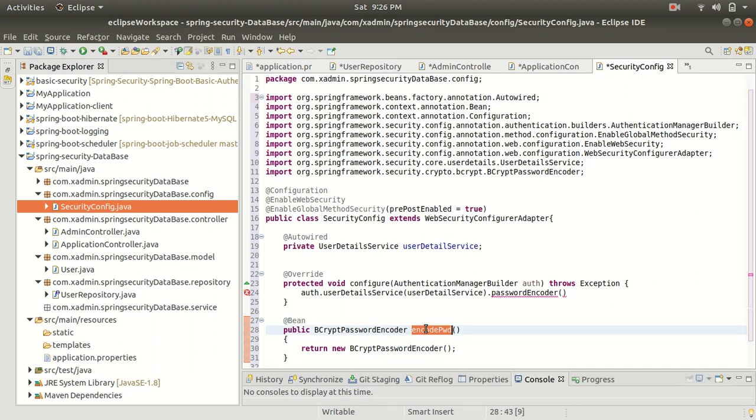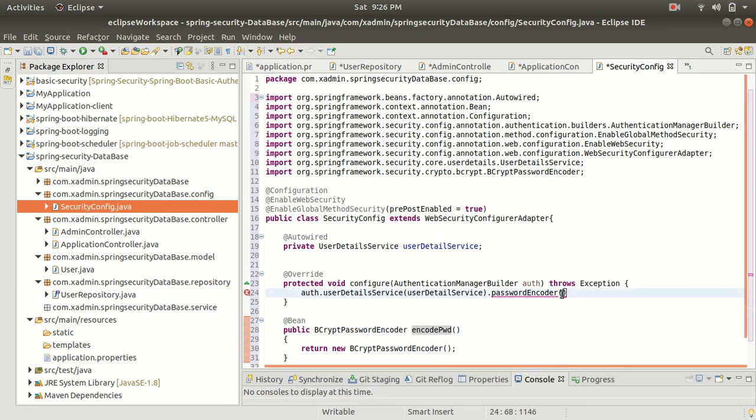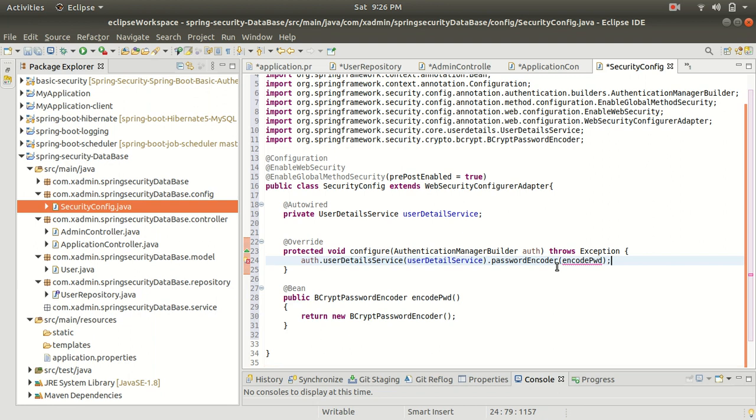So let's pass this method inside our password encoder. Alright. So this is the configuration you have to do to enable the Spring security. Alright. So this is a method. Call this method from inside our password encoder.